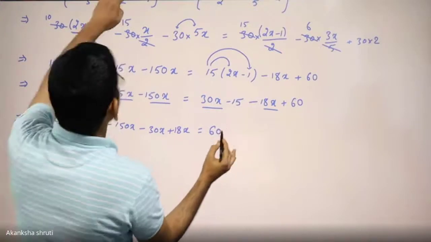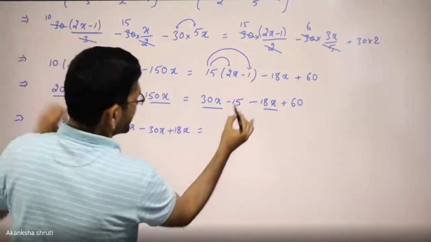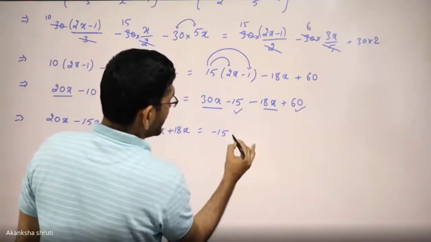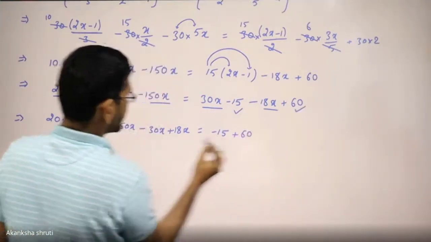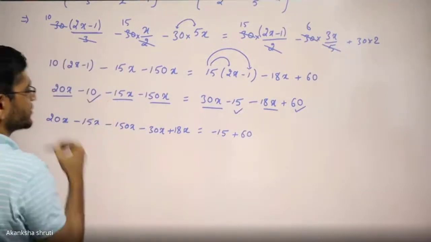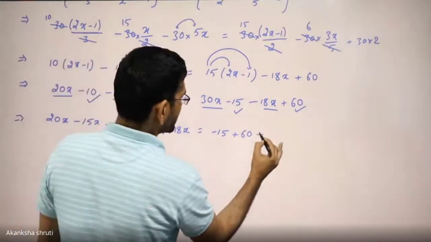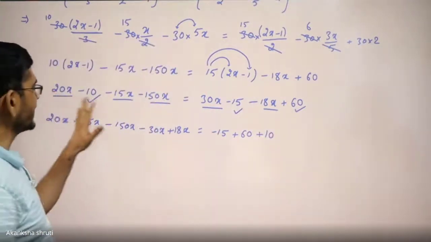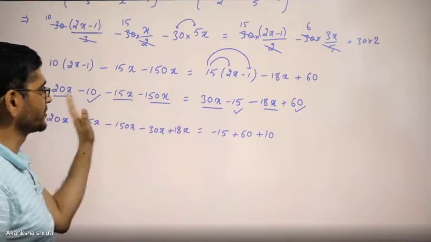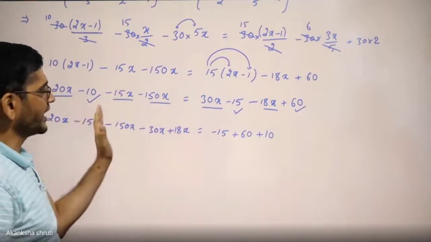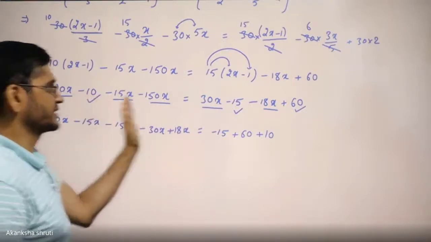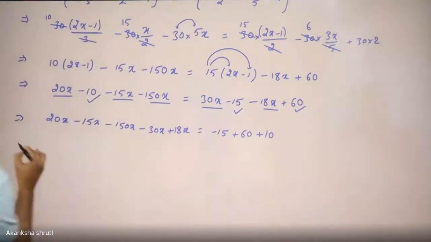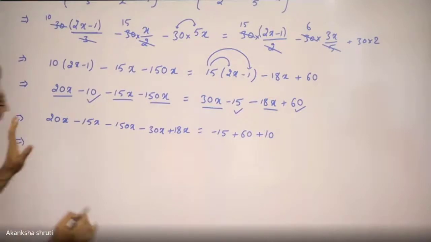Minus 15 is there first. We may write minus of 15 is this one, and this 60 is this one. It is already on right hand side. It is minus 10 on left hand side. Bring it on the right hand side as plus of 10. Students, please underline or mark whatever you are bringing on each side so that you can understand any term is not left one by one. So it is this one. Now you need to add all of these.